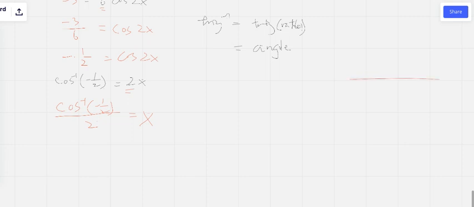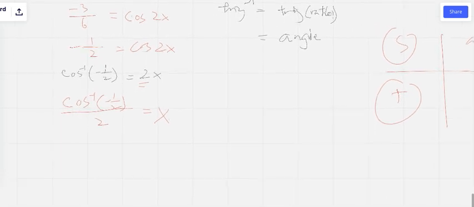Therefore, in ASTC, it will only appear in this quadrant and this quadrant. Therefore, cosine of -1/2, which is 60 degrees, we want the negative value. Therefore, it will be